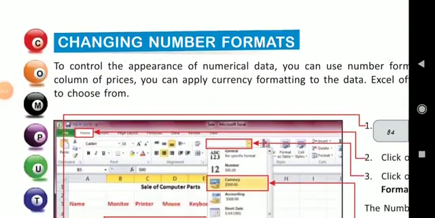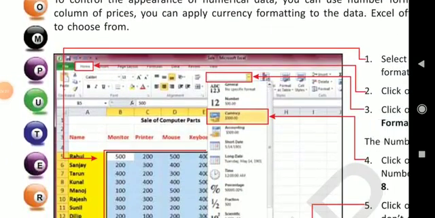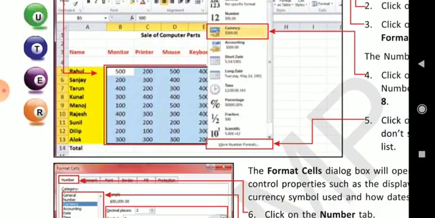Changing number formats. Likewise, there are 12 number formats through which we can change our numbers in the worksheet while preparing a table, and where you have fed a data and you want to change numbers in some currencies, percentage, so you can use it with the help of number format.